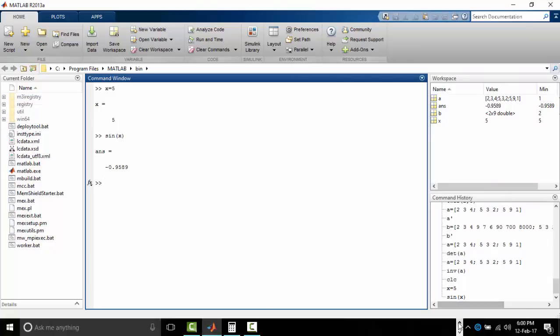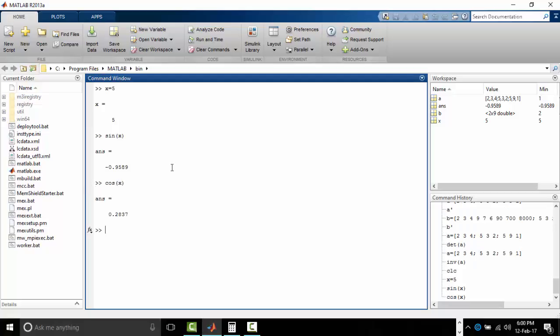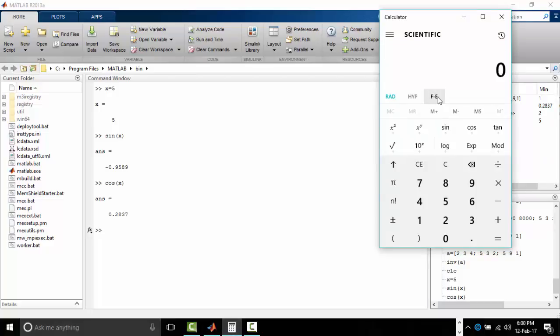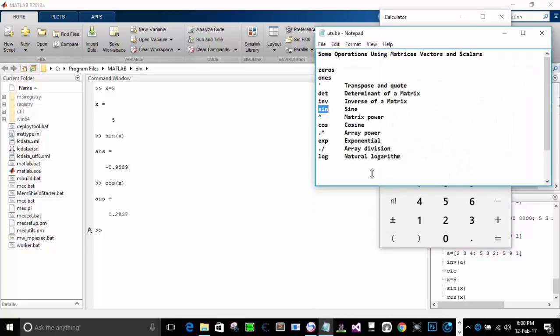So that's that. Then also cosine, you can type cos x, enter. It will give you this. Let's check here again. We have 5 cos, 0.2836. As you can see, it's approximated to 7 here. It's still the same thing. Now we've done cosine, matrix power,